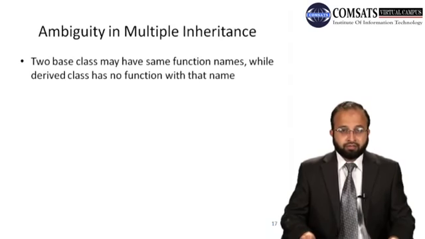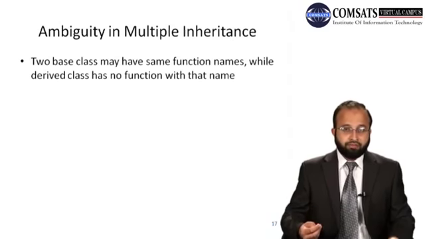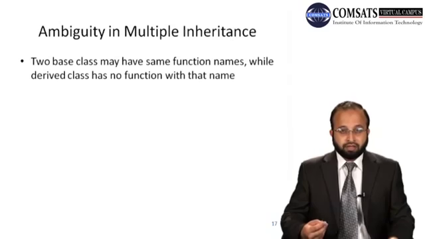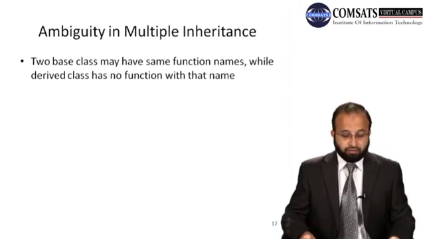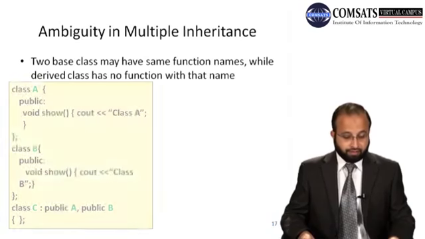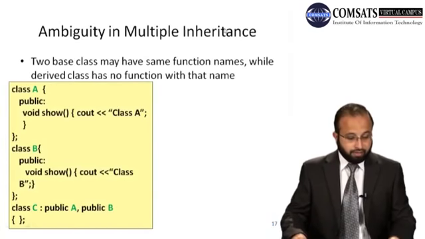ठीक है? So इस situation में if a derived class object calls a display function, now which display function will be called? Either the type class display or the distance class display. So that is the confusion or ambiguity, and the compiler is not able to resolve it, and we should take care of that, right? For example, in a class A and class B,